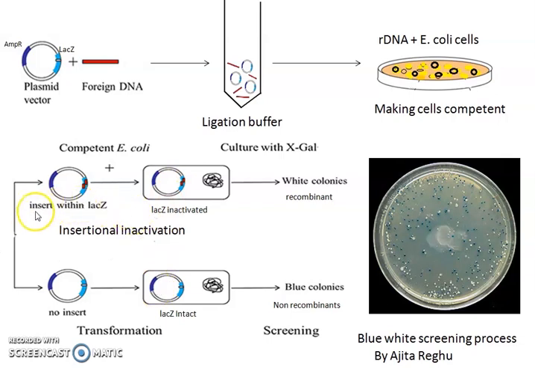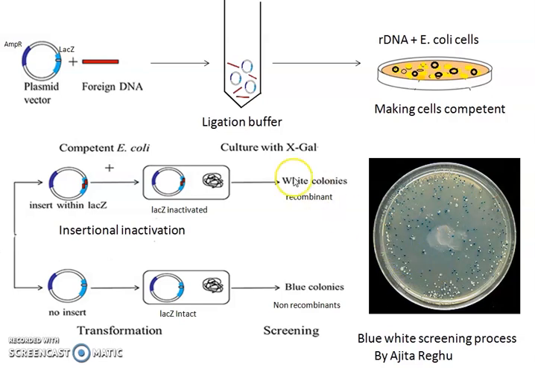So what has happened? It is the cell with the gene of interest within the LacZ area. That means the LacZ area is disrupted and your gene of interest is taken there. So that is from one of the colonies, this type of cells. When we culture them in a culture plate, what will appear? This culture plate we have prepared with nutrient media and X-Gal. This is going to differentiate our colonies and tell us which one we want further.